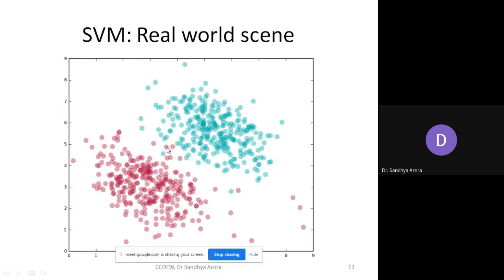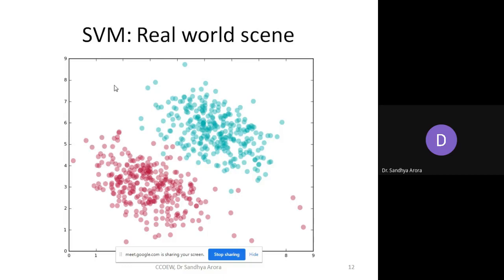So how does SVM deal with this situation? SVM has a parameter called C, which helps you to restrict your margin, and which is basically a trade-off between your margin and your accuracy. If you manipulate that C value, which is called a soft margin in the case of SVM, it helps you to classify your data properly.